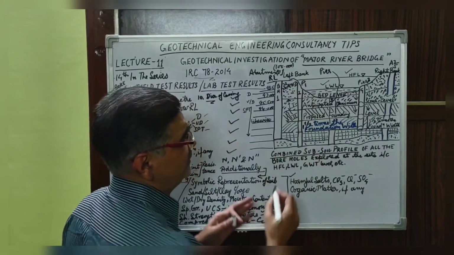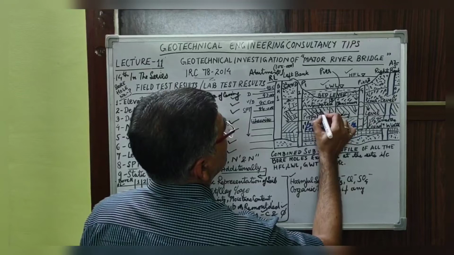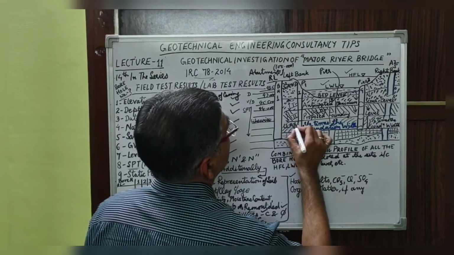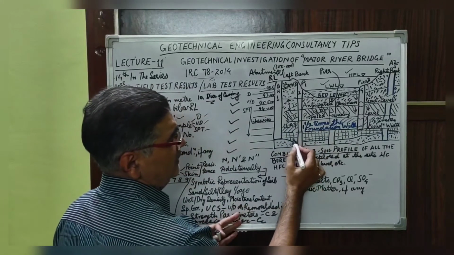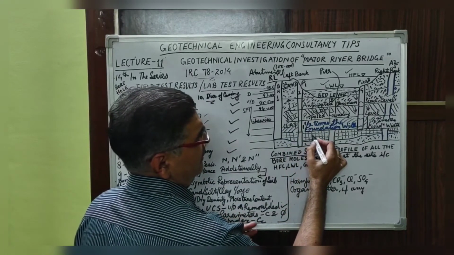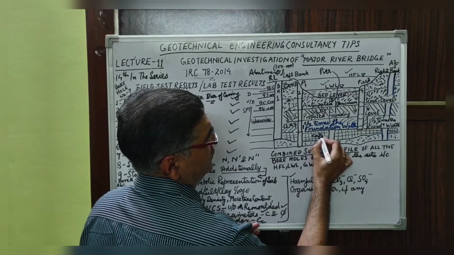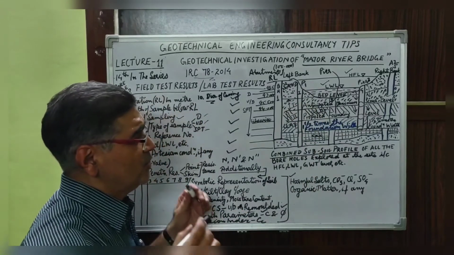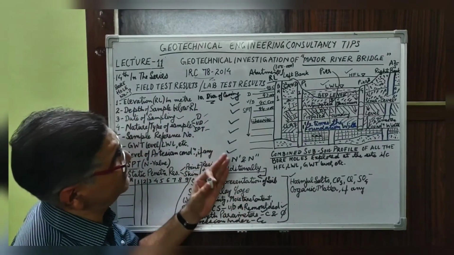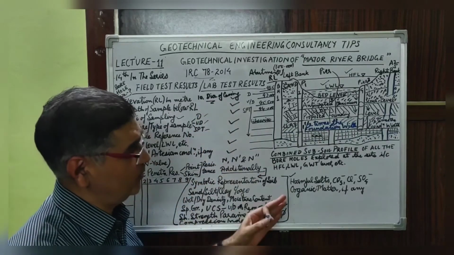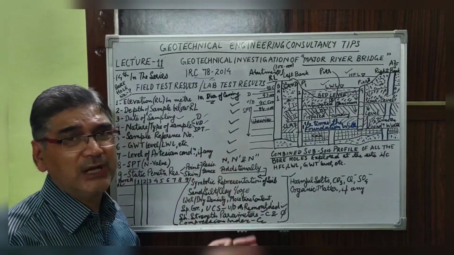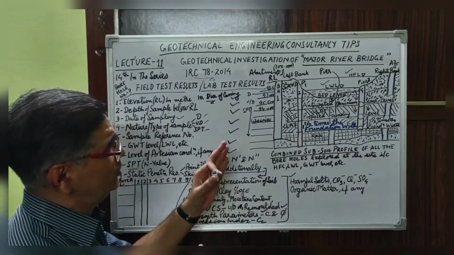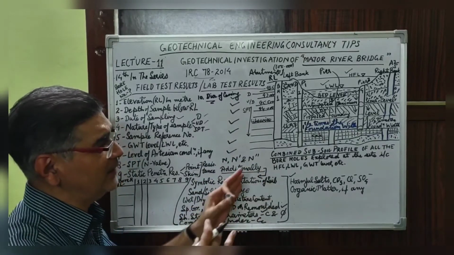although this has all to be necessarily depicted as per the relevant codes. This you can say has been assumed to be clay. This also has been assumed as clay. This you can say we have encountered something rock kind of thing. You can say this is sand. This is some other group of soil classification. So this combined subsoil profile gives you the complete picture of the whole site. So this is to be necessarily inbuilt into the report.